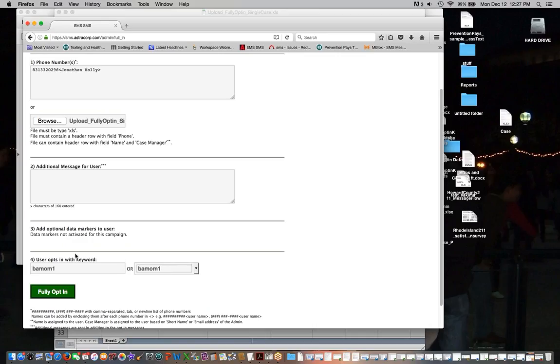So for existing caseloads, that might be your most efficient method, because if you were to assign it after, then you would have to go and find each of those clients and assign them that message track. Right? So it would be a little bit of work on your side to do that. Now you guys can decide how you're going to go about this. To do this as an after,